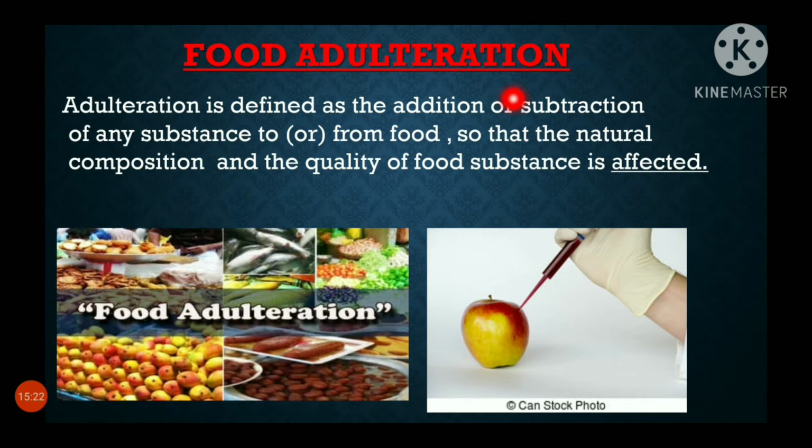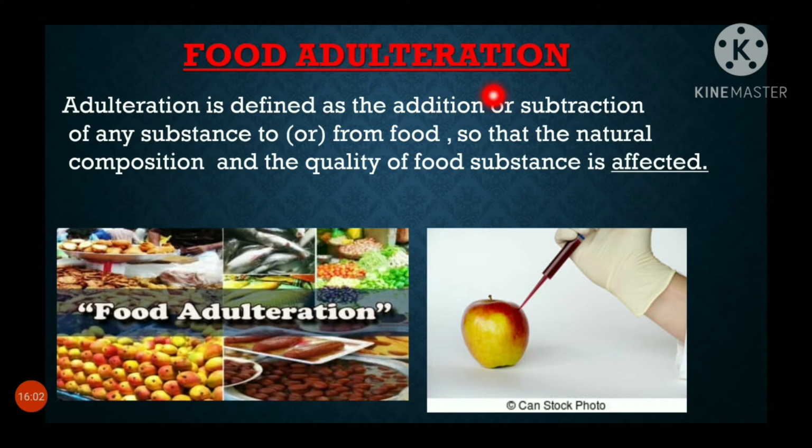Best example is water is added to the milk. That is food adulteration. That is giving a fake, bad quality food, giving bad quality food to us to eat. Or by changing the colors of the vegetables. Sometimes if you see the fruits and vegetables, they will be more shining than the natural vegetables. That makes us attracted. We feel that they are very good. But these all are done by the people to increase their profit, and it will spoil our health.